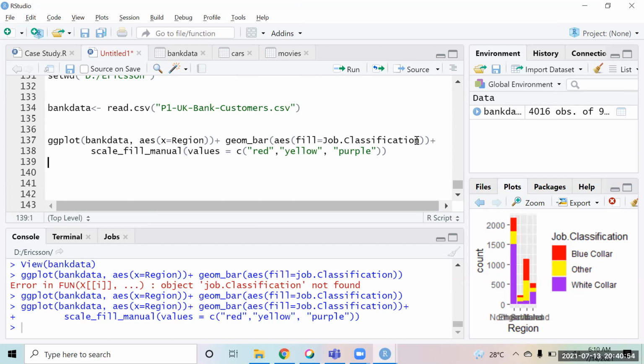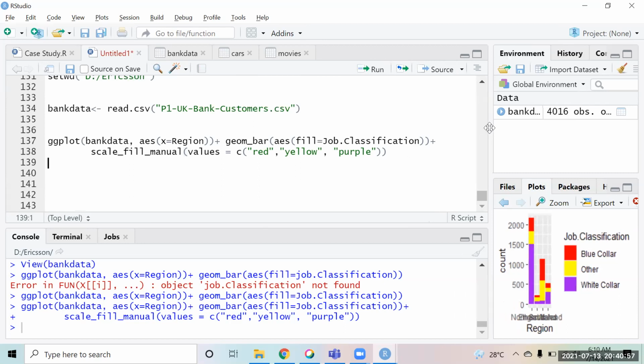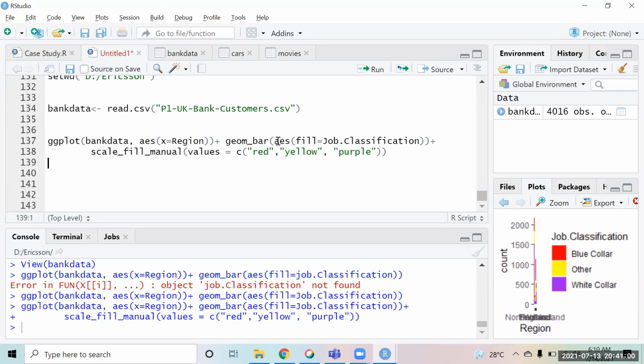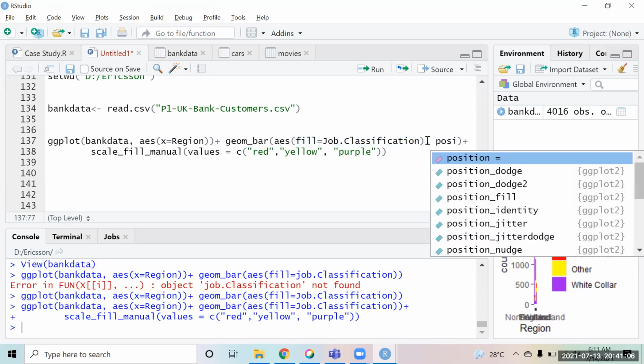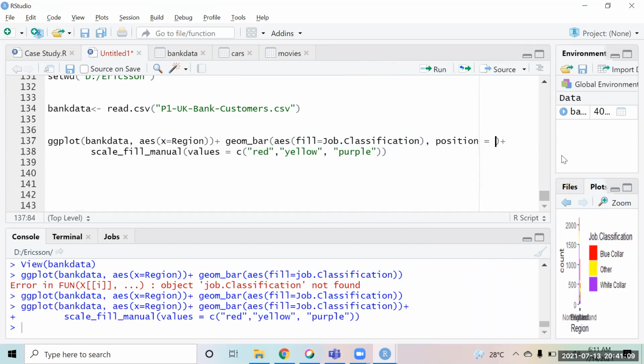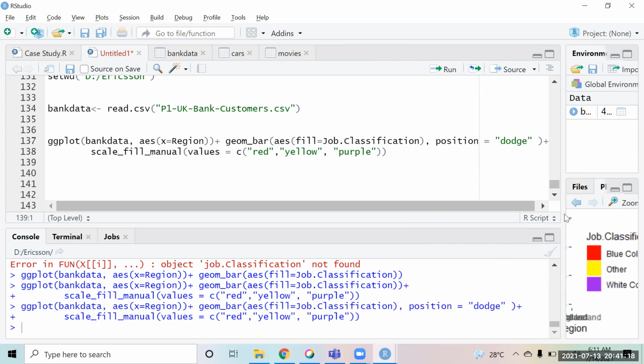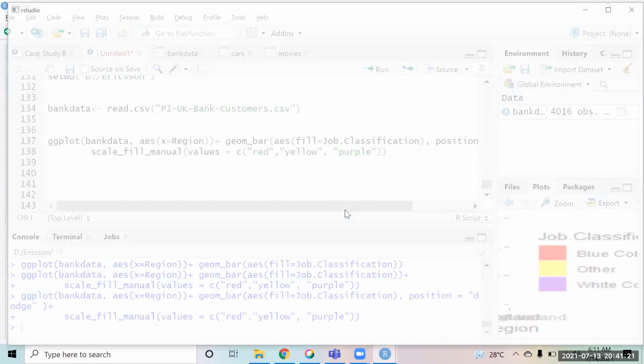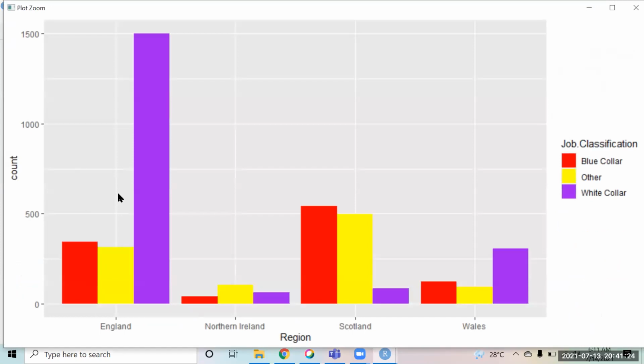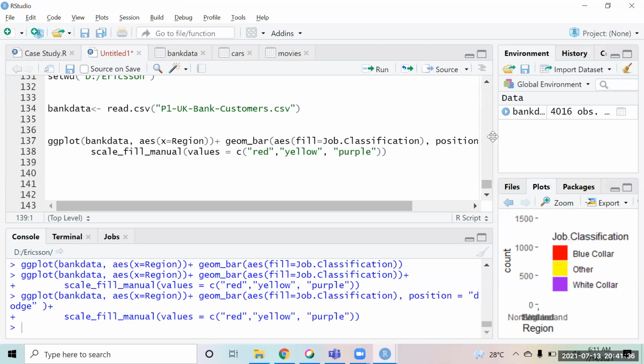Okay. Now in this bar chart, we have one more thing that we can use, that is called position, right? Like in the geom bar chart that I have created, I'll put a comma over here and I can say position equals to, and I write something like this, dodge. So if you run this, you will notice the chart is the same, but instead of bars being stacked up, they are now clustered over here. 1, 2, 3, 1, 2, 3, 1, 2. Right? So you can see this is basically your dodge. So a clustered bar chart is created with the help of dodge.